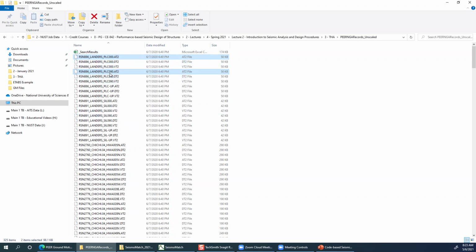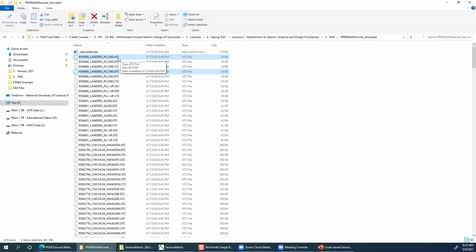So let's open one of these files. One thing is that the ground motion formats differ. Sometimes it is .dat, as with some ground motion databases when you download it. Sometimes it will be .acc file, acceleration. So there will be different formats for ground motion files, but all of them can be opened in Notepad.